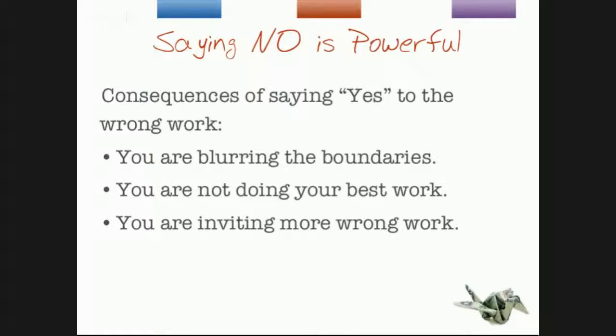So there's consequences of saying yes to the wrong work. When you say yes to the wrong work, you are blurring the boundaries. You're not doing your best work, and you're inviting more wrong work. When Barbara says yes to pre-law students, several negative things happen. One is that she blurs those boundaries about what she does and where she's spending her time and focusing her